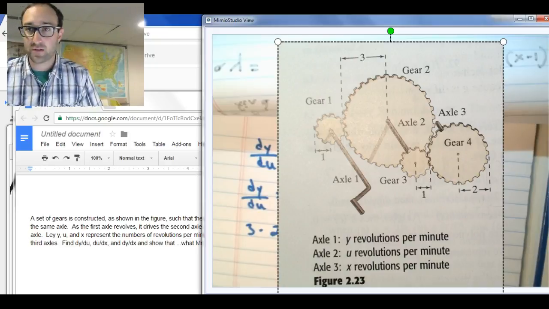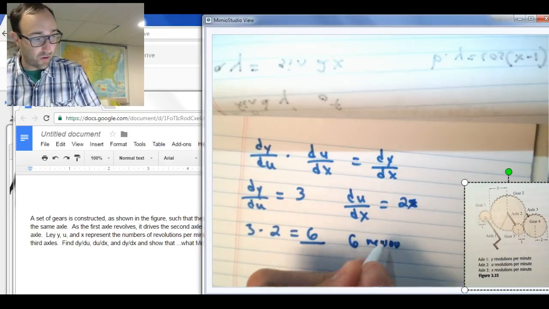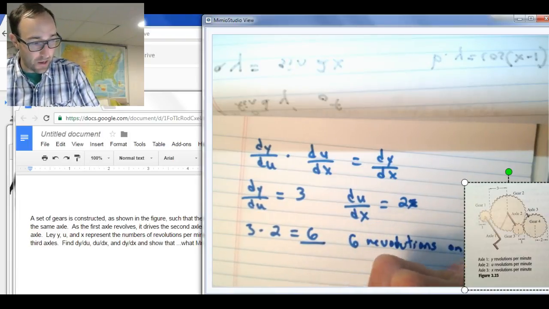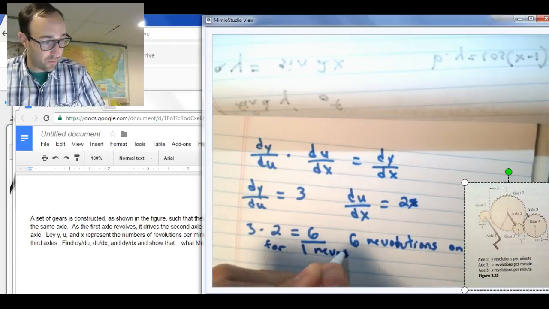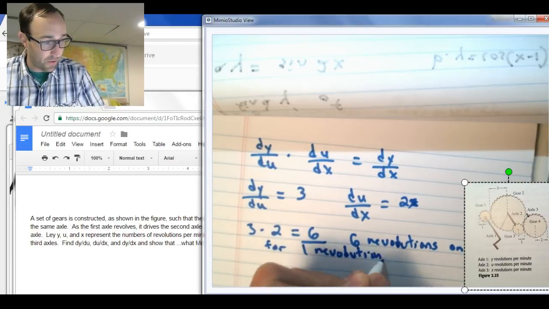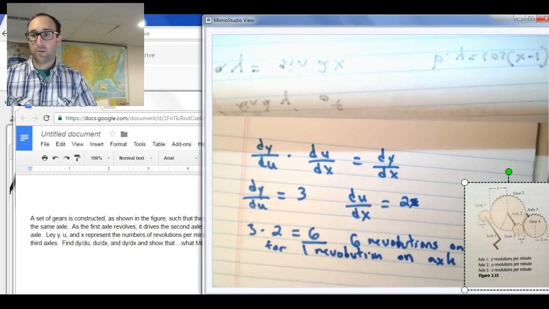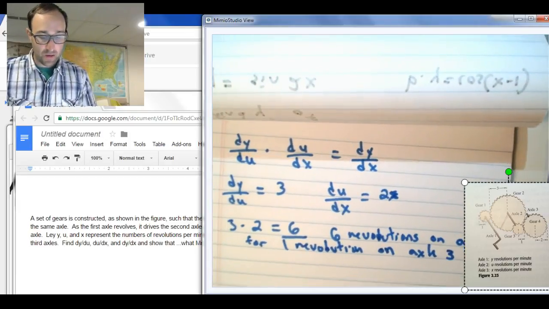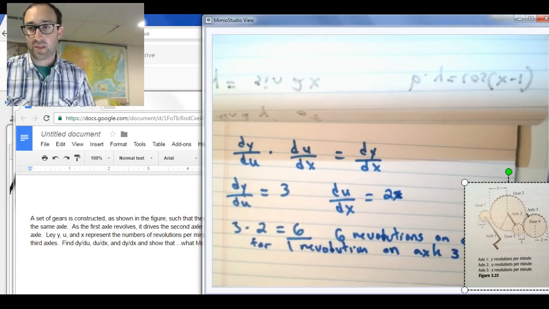And let's just get this out of the way. I know this thing's actually kind of annoying. We have 6 revolutions on axle 1 for 1 revolution on axle 3. Okay, so there we go. That's kind of what's going on here, and then we can just show all this stuff works out, and in fact it does. So they're not always going to be like that, but I thought I'd give some sort of